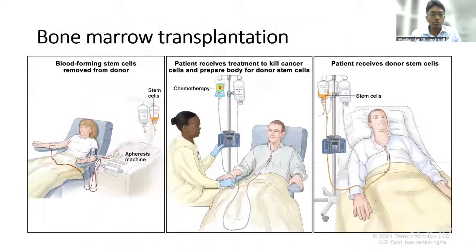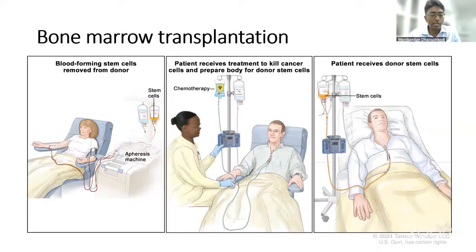So just about bone marrow transplantation, this is actually totally different as compared to any organ transplantation. And this is totally a medical procedure wherein the first patient is the donor, wherein the blood is collected by the apheresis machine. And from the blood, stem cells that are CD34 positive cells are collected and stored in the refrigerator. And the second slide is the patient where